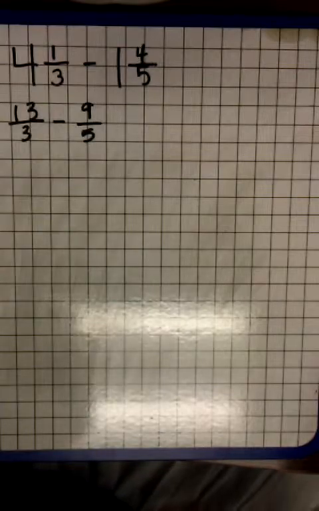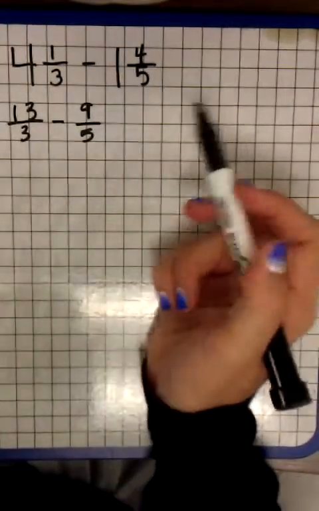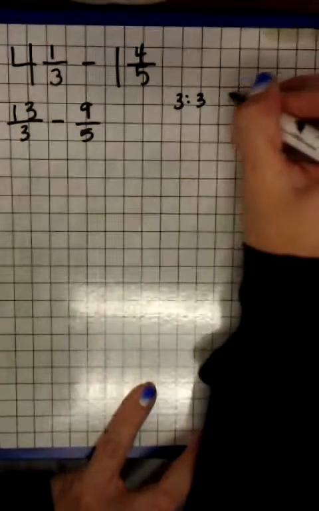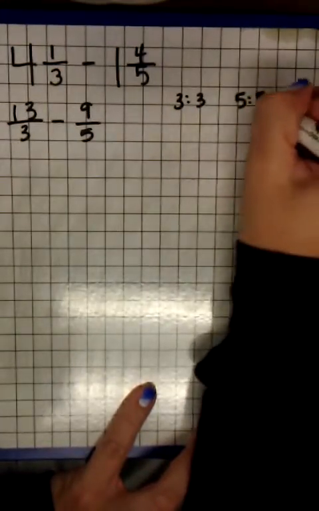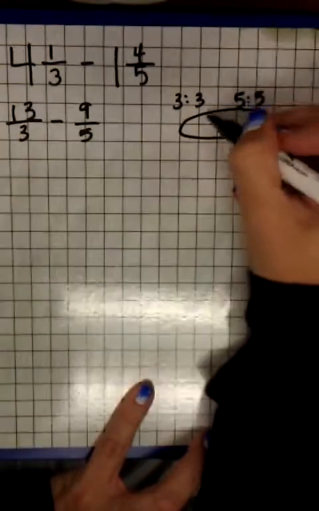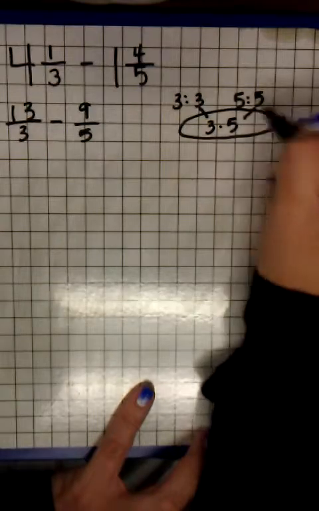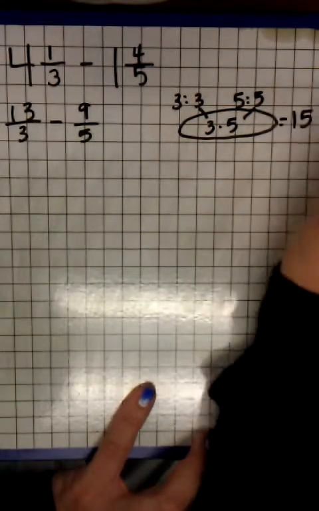If I didn't already know that the lowest common denominator here is 15, I would do the bubble method, which is where you put your two denominators and their prime factors, and you put the prime factors into a bubble. The 3 goes in. I don't have a 5 yet, so the 5 also goes in. 3 times 5 is 15. 15 is my common